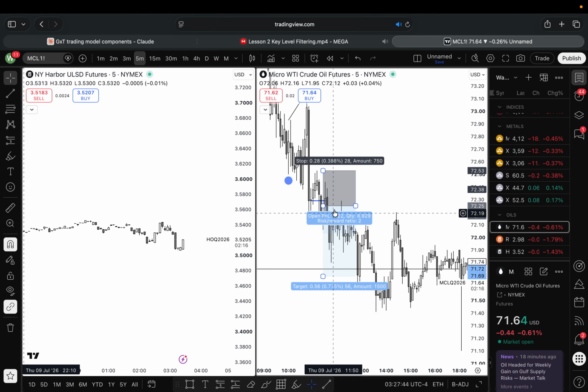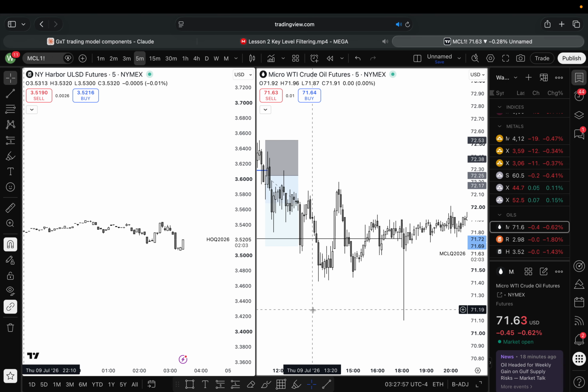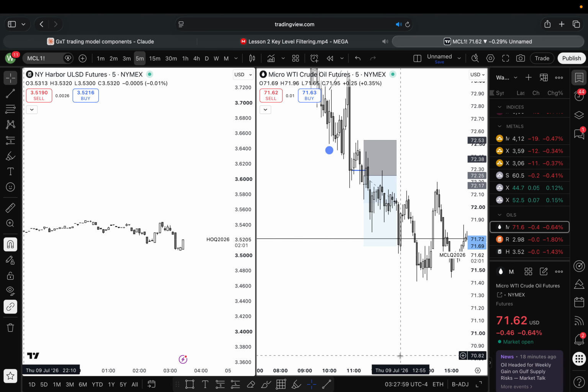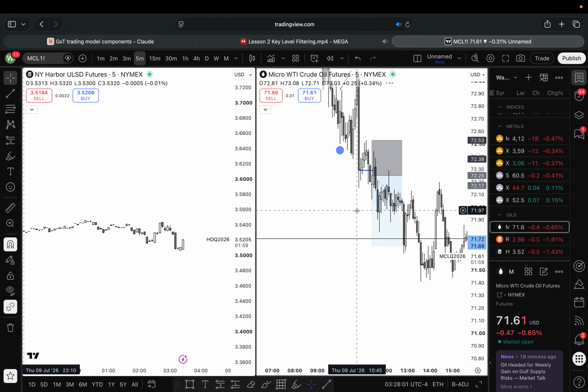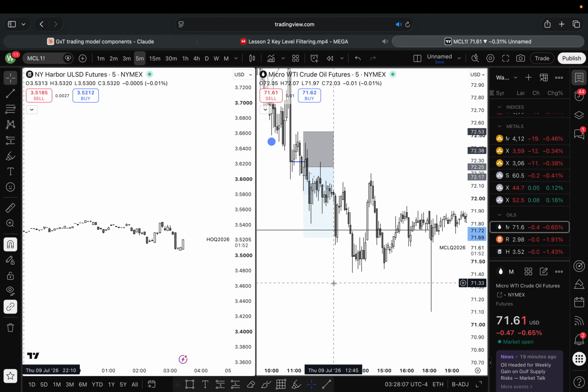I also risked heavy on this trade. I was risking like 750 on a new 50k account. So it was a decent trade. And then moving to today, I was just trying to target the daily fair value gap right here, because I believe that could have capped off the range. And as you see, not much happened.